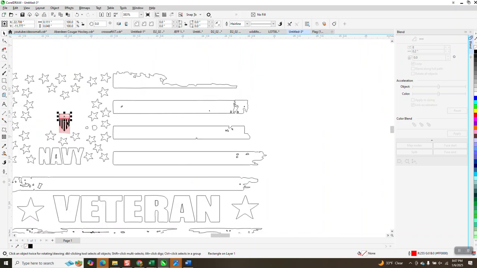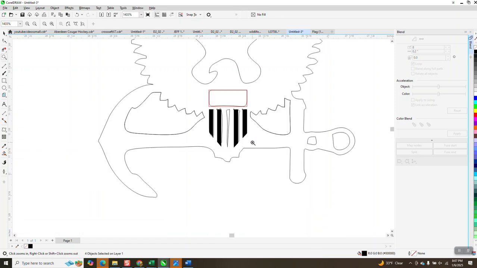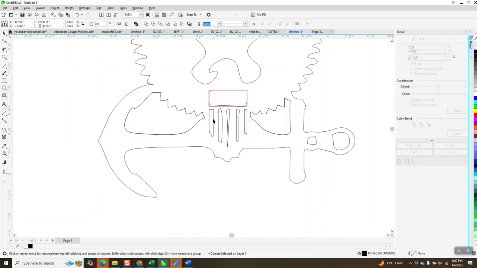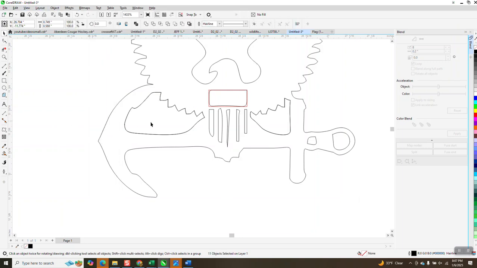Now I'm going to nudge that over, and I'm going to just delete my lines, and I'm going to grab this, I'm going to nudge it over to my eagle, and I'm going to nudge it over again and get rid of this part of my eagle. I do not know, so whenever you select that and you get a bunch, you have to break the curve apart. So we're going to select these,